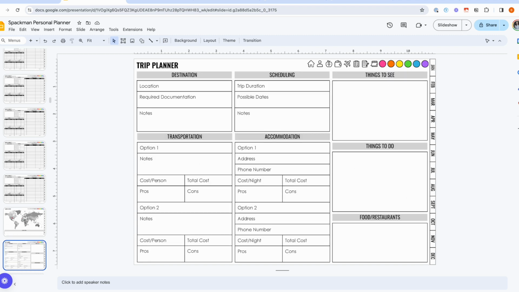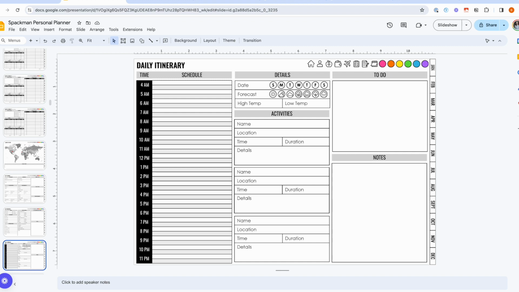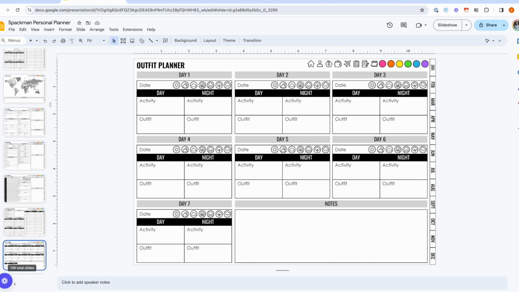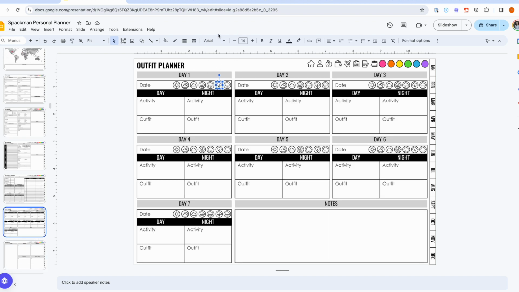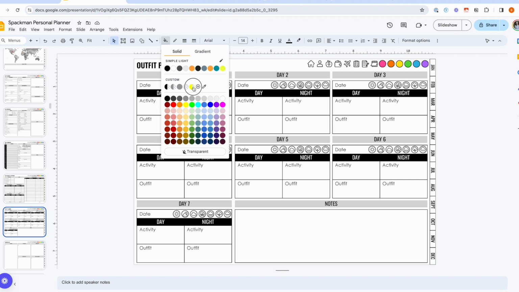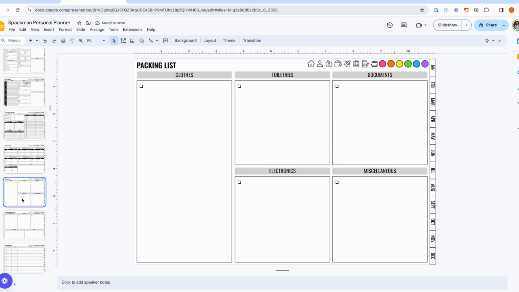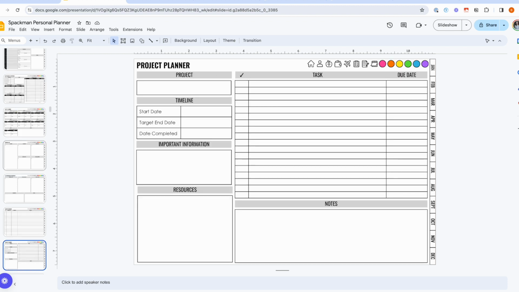So it gives you some different options for how you are planning so that you can be the most cost effective when it comes to your trips. The overview for your trip, your daily itinerary as well, if you are a planner in that sense. A trip budget and expenses. Outfit planner. And then again, you have all the little dates up here that you can very easily just add in your bucket. And then that way you can track them for what you're going to wear on specific dates. You have your packing list, your pre-departure checklist, your project tracker, project planner,